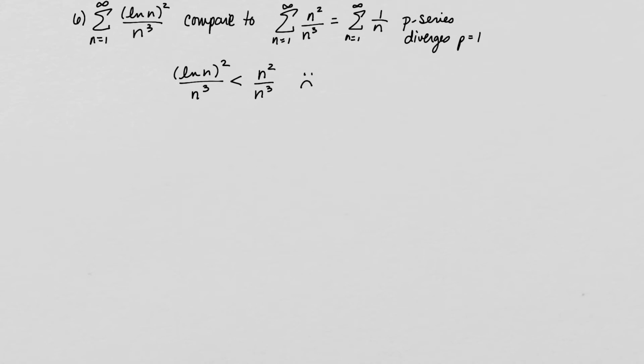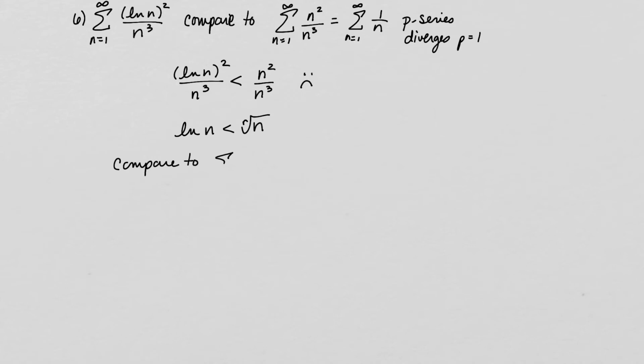So with natural logs, you can even do some other tricks. You can say that the natural log of n is always going to be less than the r-th root of n. So that means that the natural log of n is less than the square root of n. The natural log of n is less than the cube root of n. So sometimes if replacing the natural log of n with n doesn't work, sometimes replacing it with the square root of n works. So let's compare